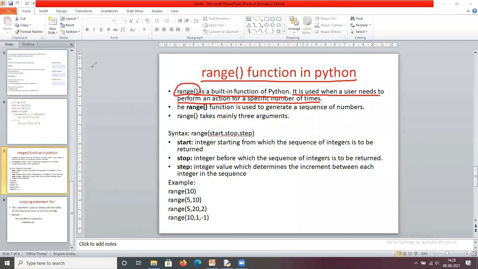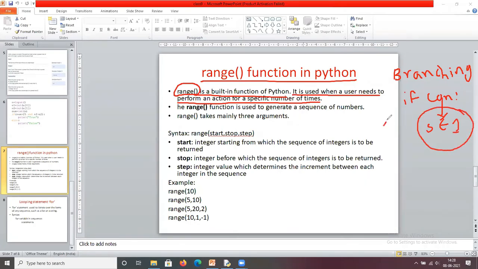For example, in our previous class, we discussed the branching statement. In these branching statements, you write an if, specify some condition, and if it is true, you execute some statements. How many times do we execute these statements? Only one time.